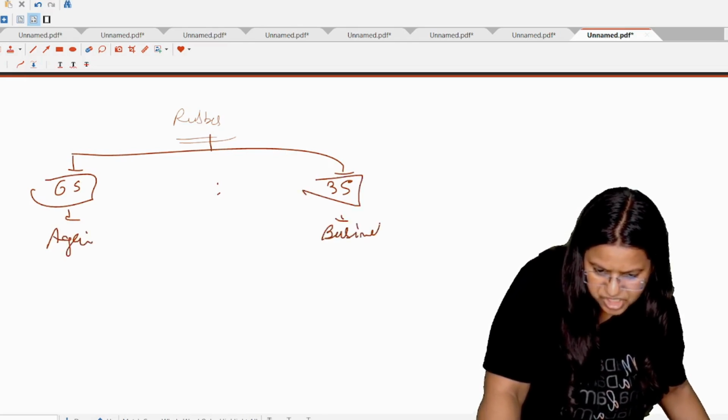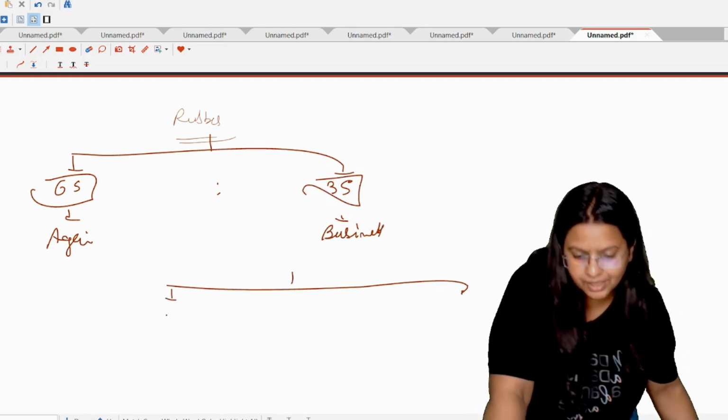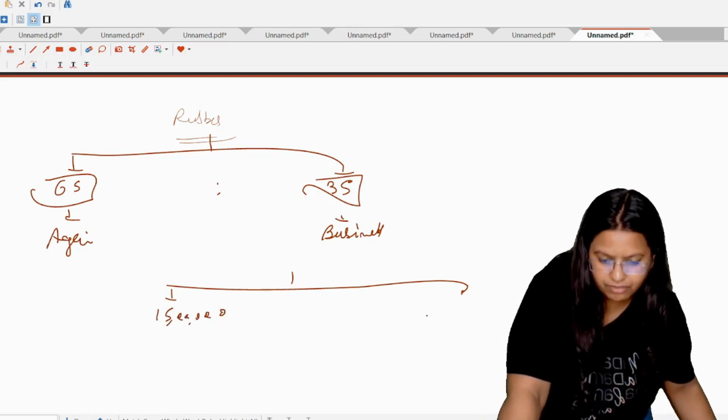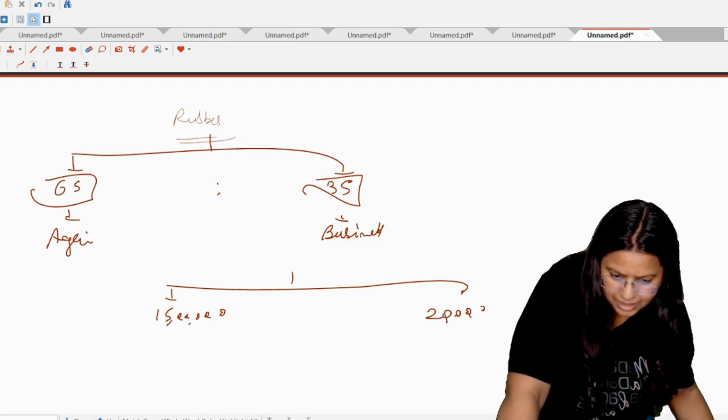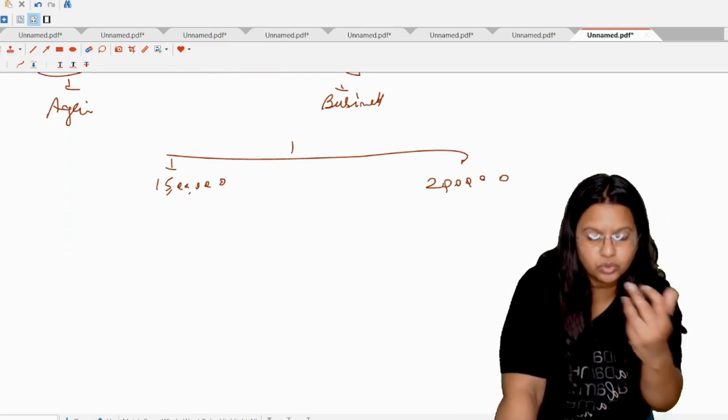So as in this question, we have 2 points: the rubber plants grown by him in India, and the income got from that is 15 lakh rupees from selling of rubber, and from the plants grown in Malaysia, he got an income of 20 lakh rupees. Okay, we have to find out the business income.